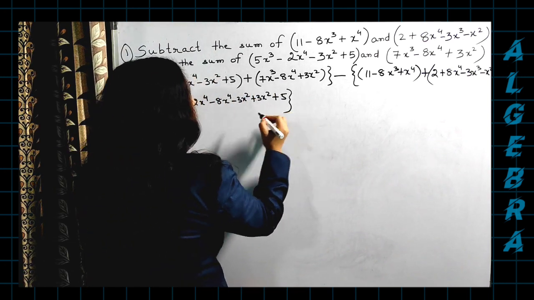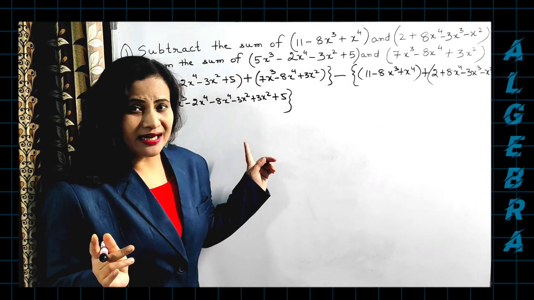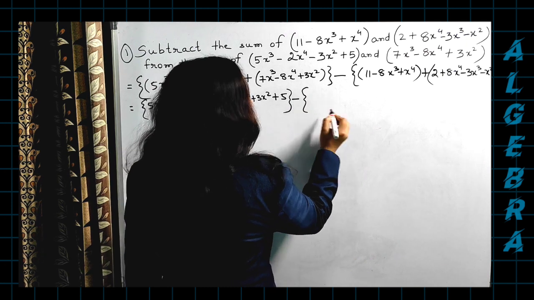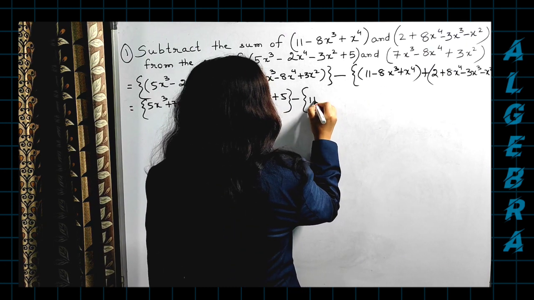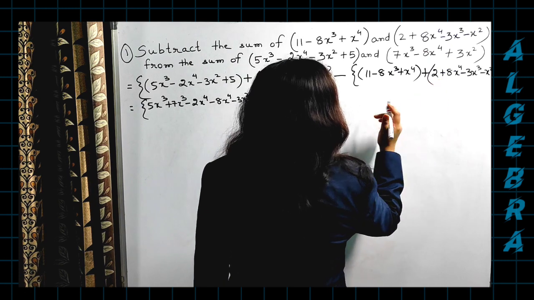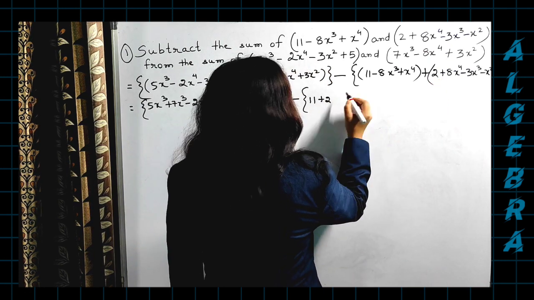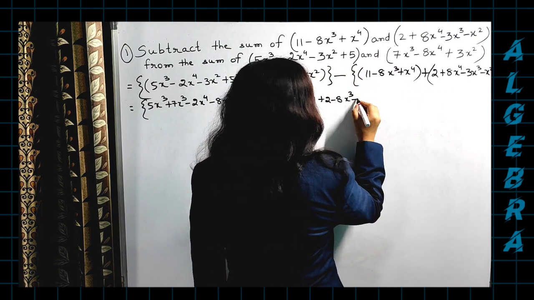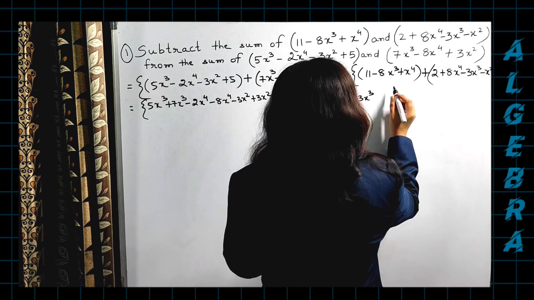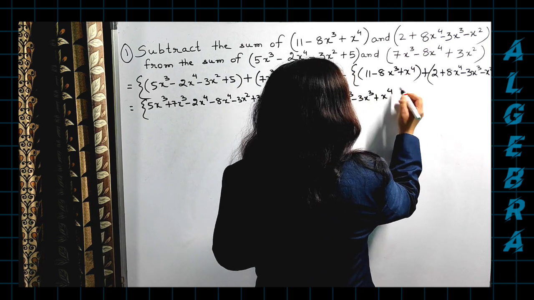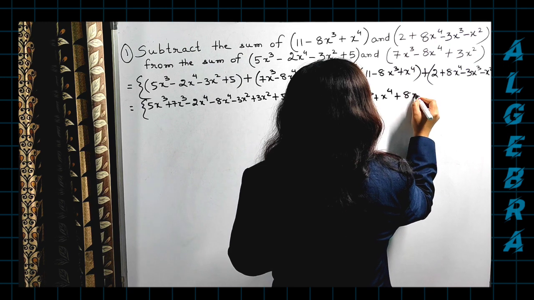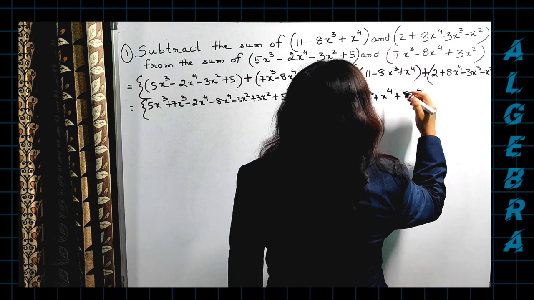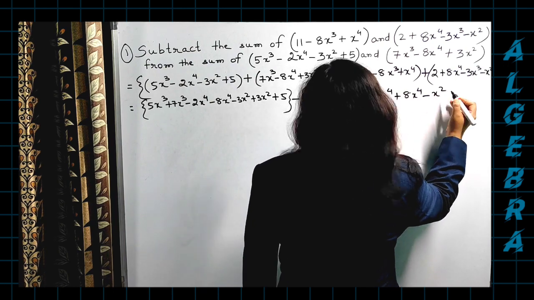Okay, so in this step we have arranged the like terms together, right? Then minus, at the same time we'll be arranging this also. Since I have 11 here, I'll arrange plus 2 with it. Then minus 8x cube. With minus 8x cube, I'll pair minus 3x cube, both are like terms, right? Then plus x to the power of 4 plus 8x to the power of 4, okay? And what is left out? One is left out here, that is minus x square, which is single. There is no like term for minus x square. So we'll be writing this.